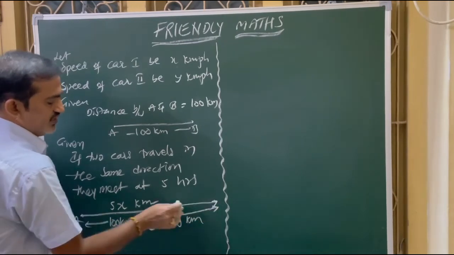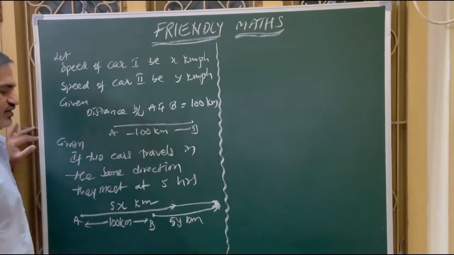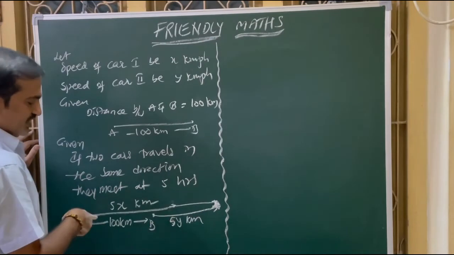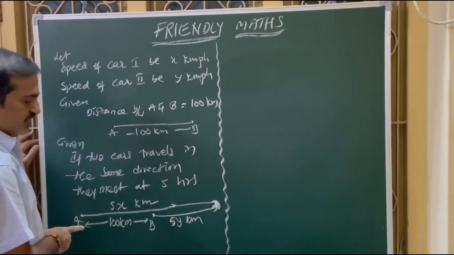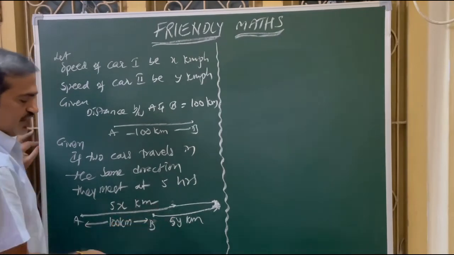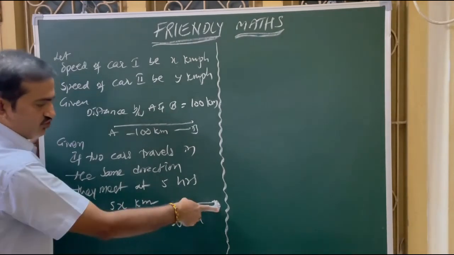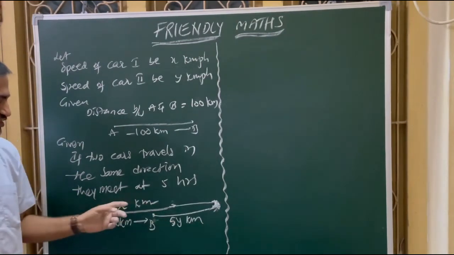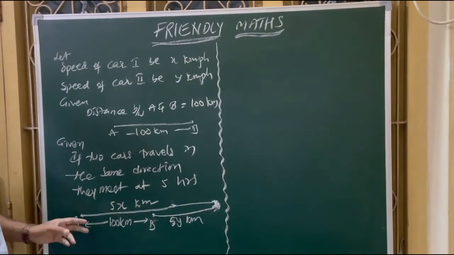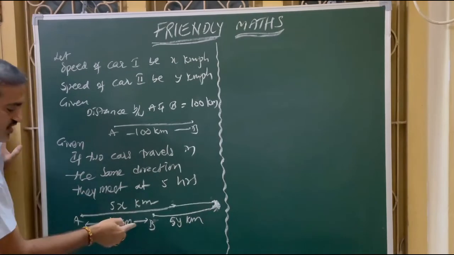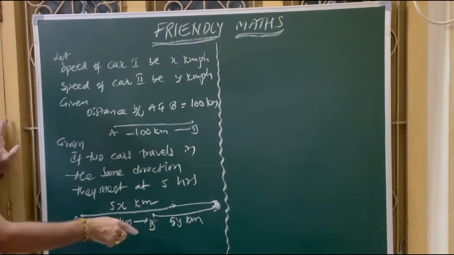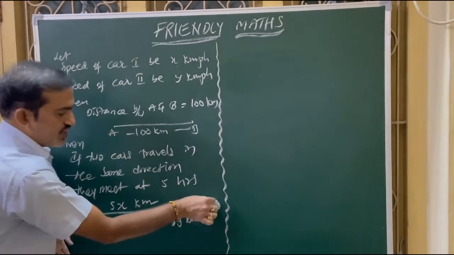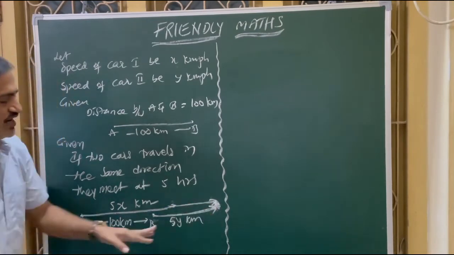Then they meet here, both are meeting at this point, like there is one dhaba or something. Then car A travels how much distance? In 5 hours, 5x kilometers. Car B travels from B at a speed of y kilometers, then it travels in 5 hours 5y kilometers. They meet at a point. Then the difference between these two cars' journeys is equal to 100. From the diagram what you observed, 5x minus 5y is equal to 100. He said the distance between A and B is 100 kilometers. This is when both are going in the same direction. They meet at one point here.